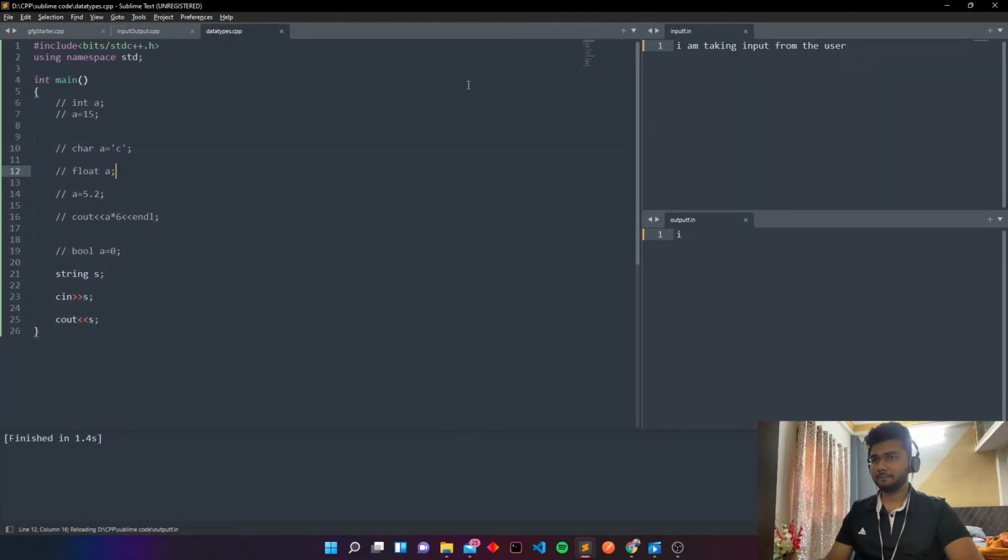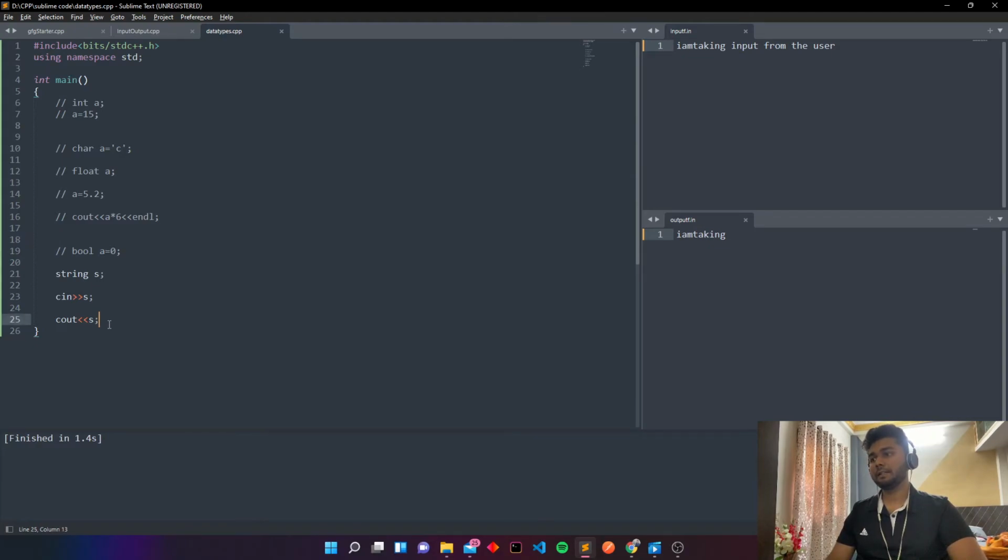So here you can see, what happened is, I will teach you this later, because here there are some gaps. In order to take the gaps also, you will have to do something in the code. After that you will be able to take all these characters at once. So now you can see I am taking a string, taking input from here, and then printing it as here.